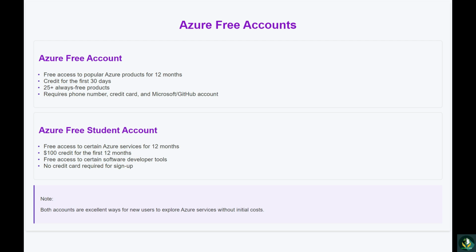organization. Azure provides you with a credit to use in the first 30 days. This credit lets you explore premium services that aren't included in the free tier, giving you a comprehensive Azure experience. You also get access to more than 25 products that are always free. These services remain available even after your initial 12-month period, allowing you to continue using Azure at no cost for